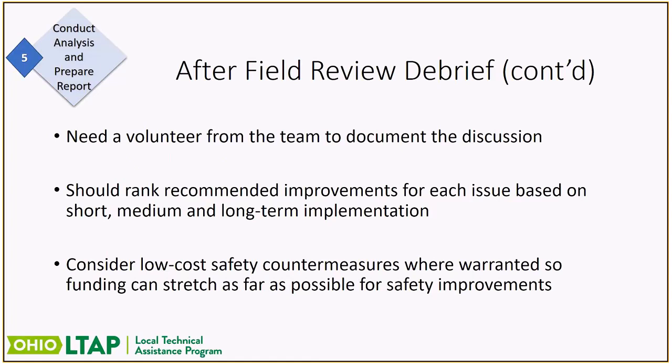Normally in the short term, we look at what low-cost countermeasures we can get implemented quickly in order to start driving those crash numbers down. And then we categorize the other ideas that have been proposed as medium and long-term implementation. Long-term implementation are your more expensive fixes, like the roundabouts or anything where you're going to have to do a property take, and there's a longer time period and more money involved. But it's amazing what you can get done with those shorter-term, low-cost safety countermeasures.